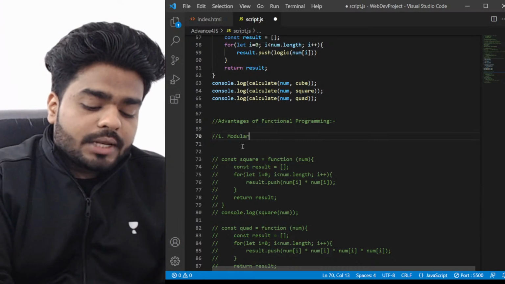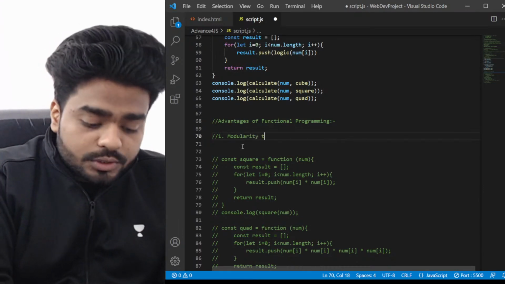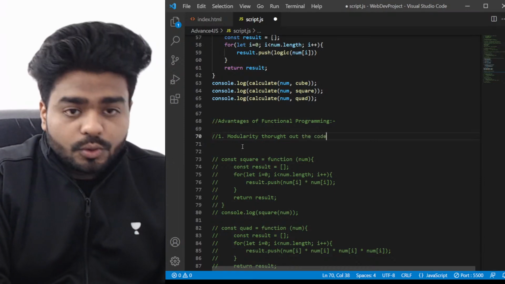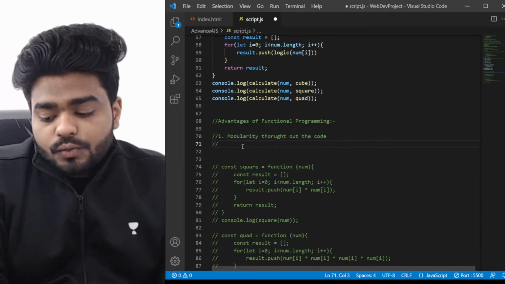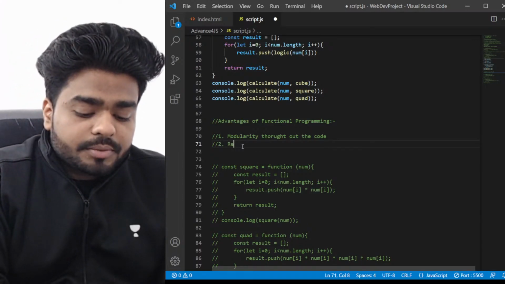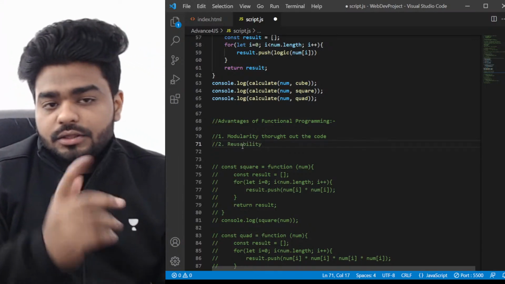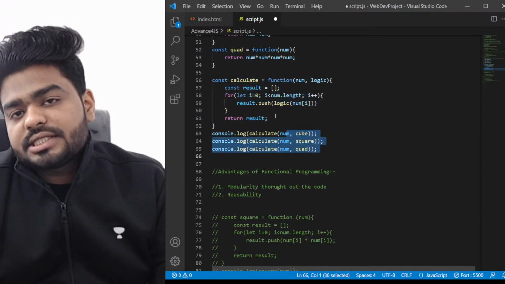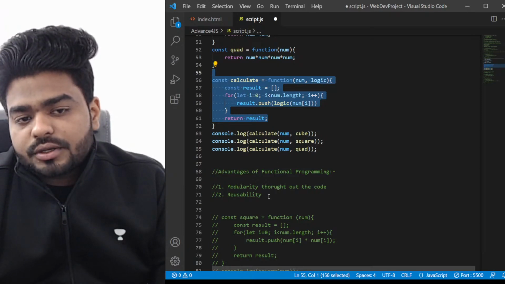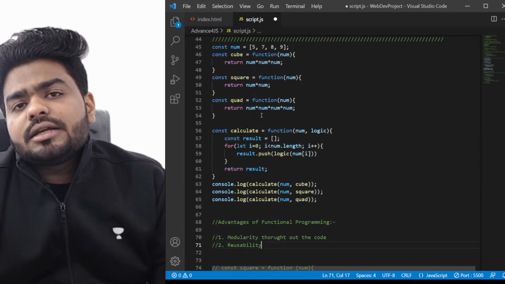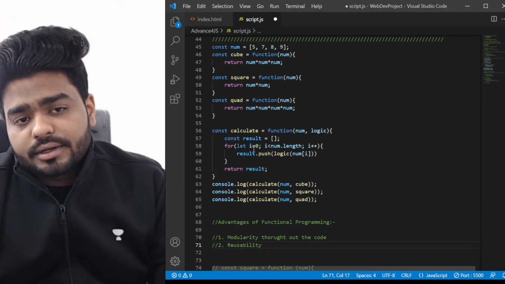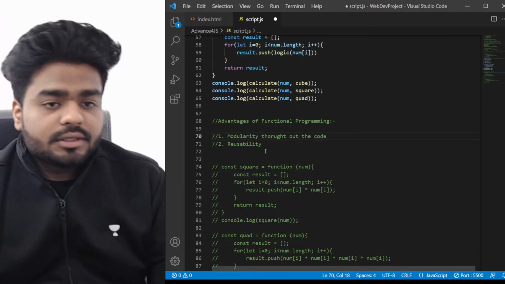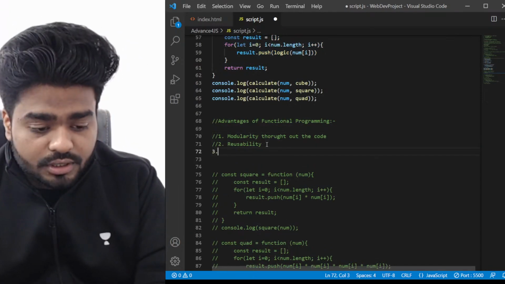Because of modularity throughout the code. Second, we also use it for reusability. As you can see, the same function is getting reused many times here. Three times we have used the same functionality, so that is reusability. Modularity means that the functions you are using should be modular, that means you are not repeating the function again and again. The third thing we get from here is